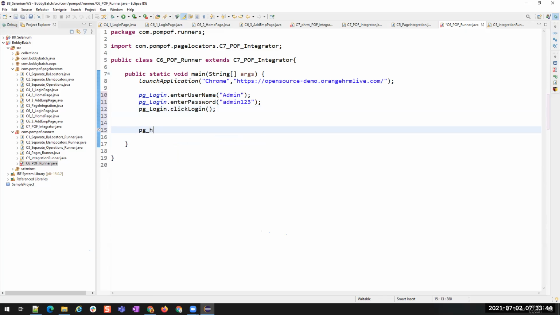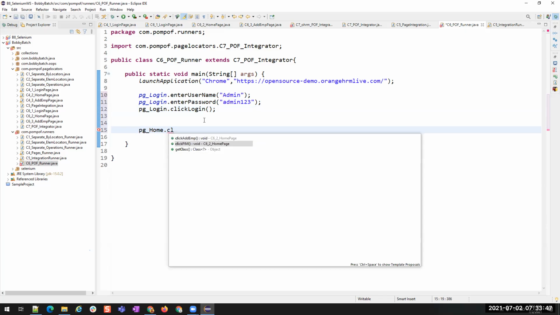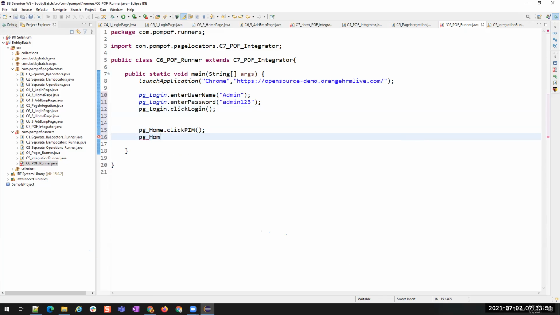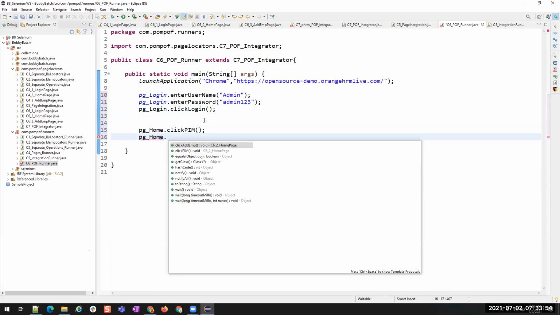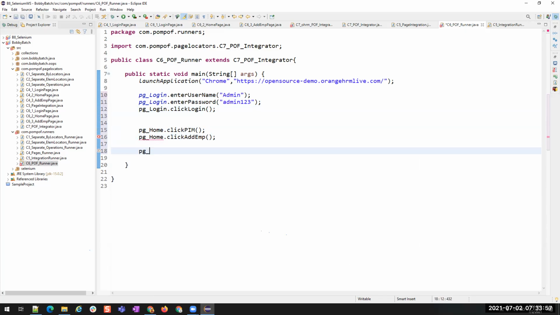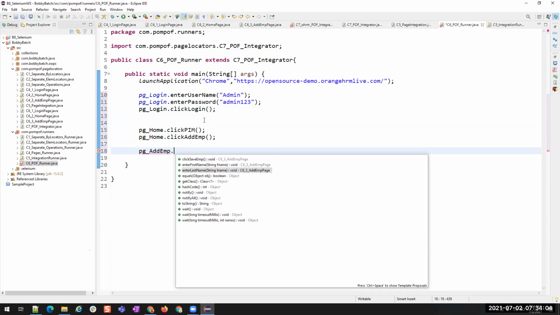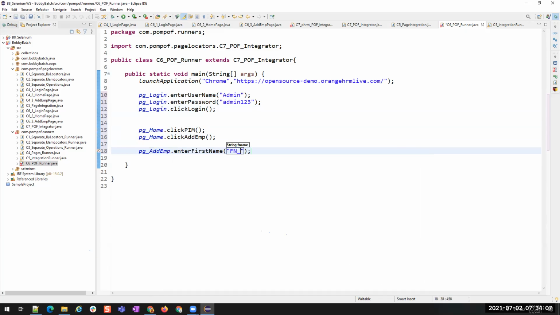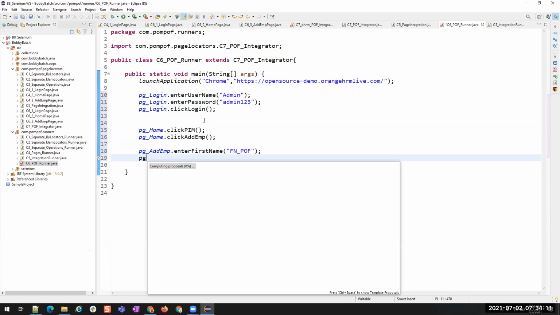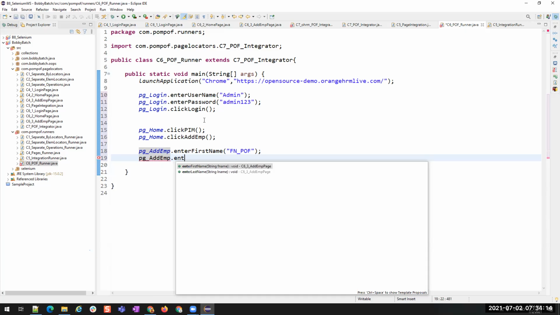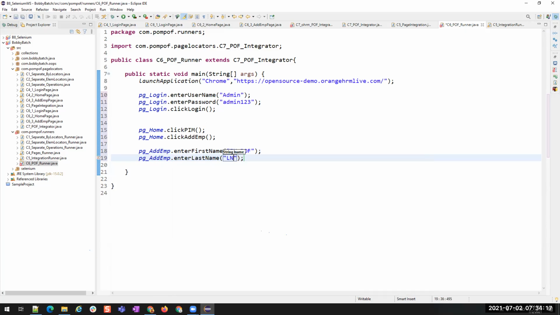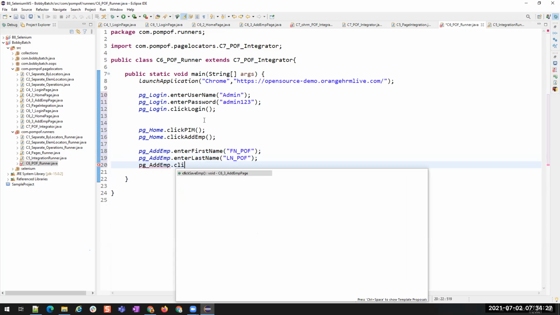That's all. page_home.clickPIM, page_home.clickAddEmployee, and then page_addEmployee.enterFirstName fn_POF, page_addEmployee.enterLastName ln_POF, page_addEmployee.clickSaveEmployee. That's all. You see how simple it is.